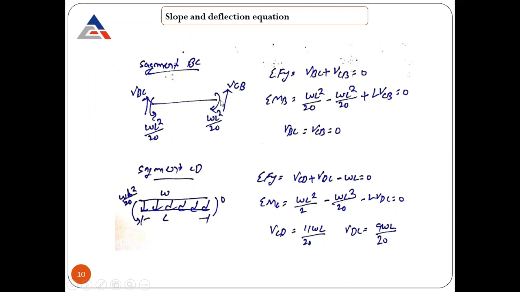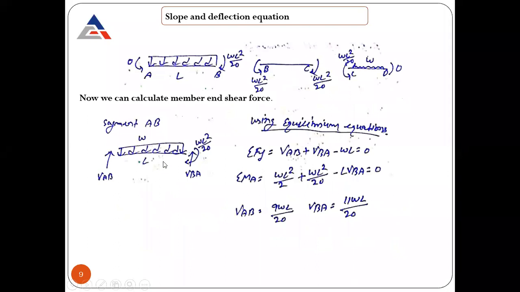Let me calculate what values are coming. So W, take moment about any of the points. Now considering the moment about point B, how will it rotate? WL square by 20 is rotating in this direction, minus, they are opposite, so minus plus LBC, 0 plus LBC. VC equals 0 only. So both values are coming 0. There will be no shear force in this particular section. For the third, the value remains the same because the same loading is there as in the first case.